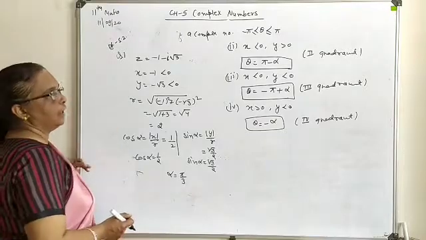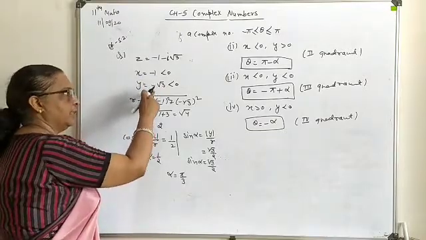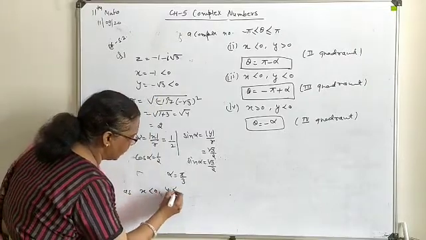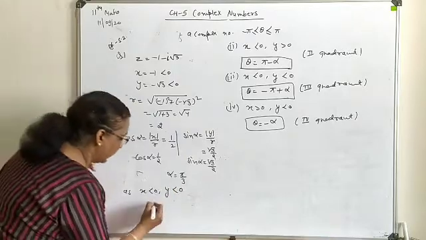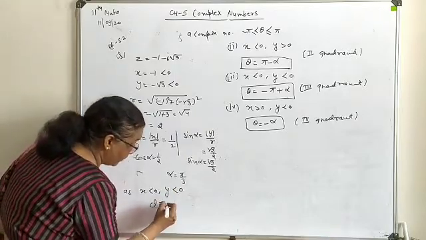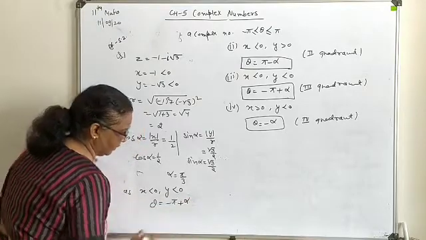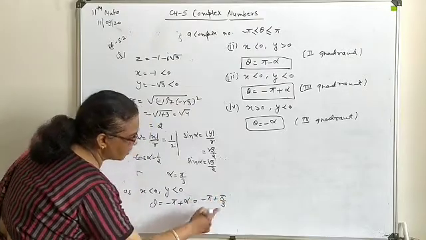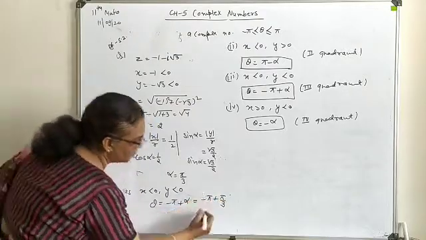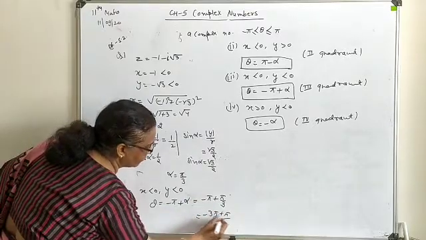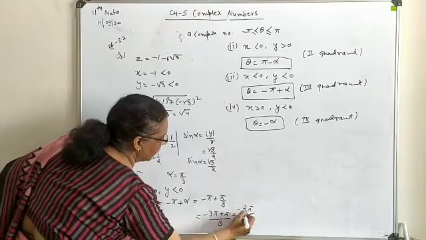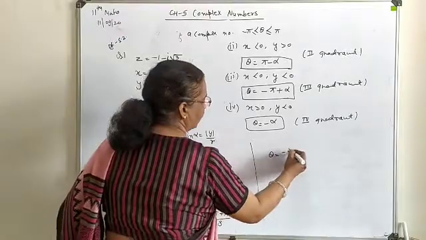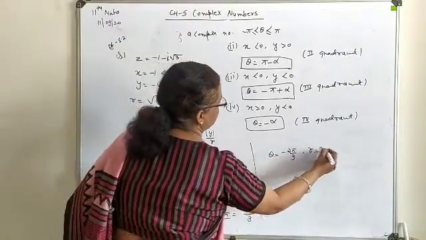Now we have to find its argument value. Here x is negative, y is also negative. So as x is less than 0 and y is also less than 0, at that time theta you will evaluate as minus pi plus alpha, or in our case, minus pi plus pi by 3. Sort it out by taking the LCM. So minus 3 pi plus pi by 3. This is minus 2 pi by 3. So here your argument is minus 2 pi by 3 with r equal to 2.